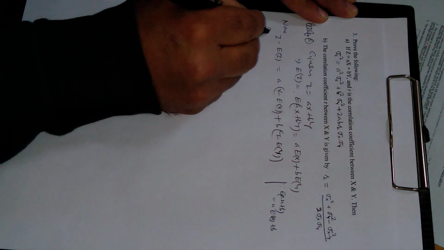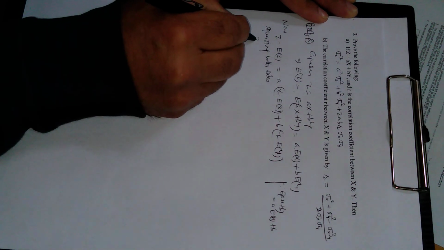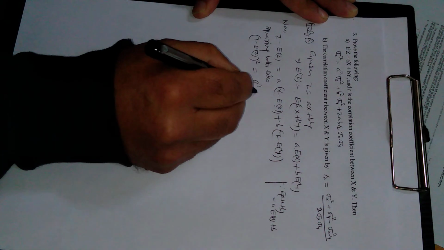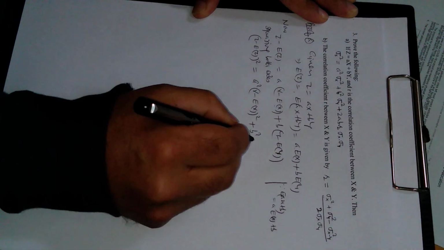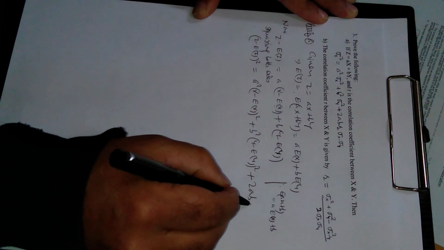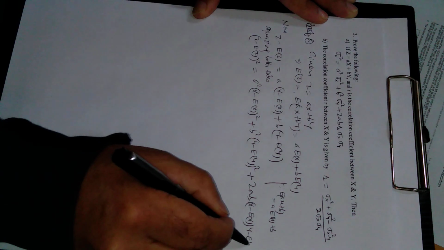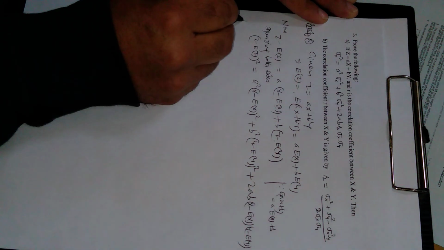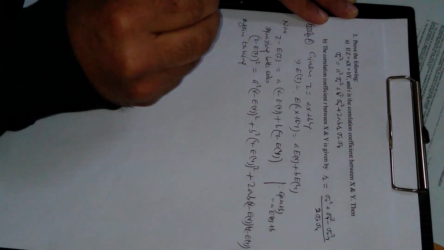Now squaring both sides, this is z minus E of z whole square, so this will be a square (x minus E of x) whole square, plus b square (y minus E of y) whole square, plus 2ab (x minus E of x) into (y minus E of y). Now again taking E of both sides,